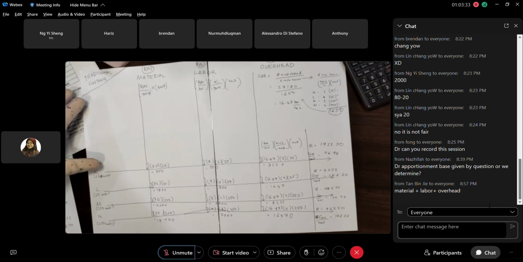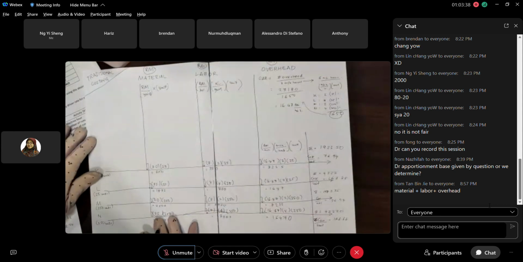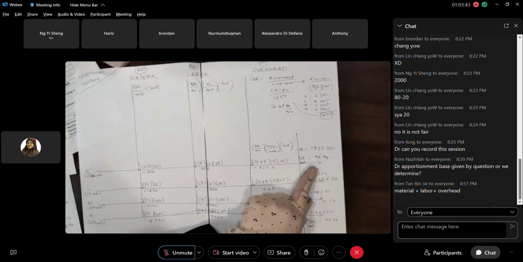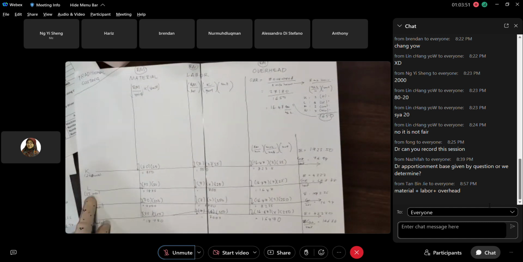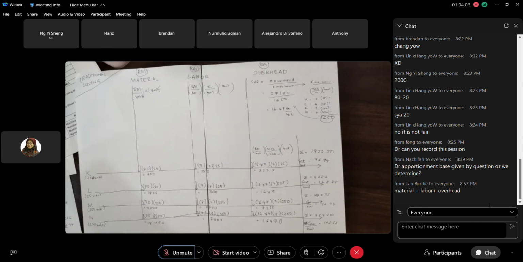Okay, so now complete. For the traditional costing, the cost for product K is 76 ringgit .94. The cost for product L that must be absorbed for the material, labor and overhead is 68. M is 76 and N is 168. Dapat? The numbers are roughly right, aren't they? Boleh?